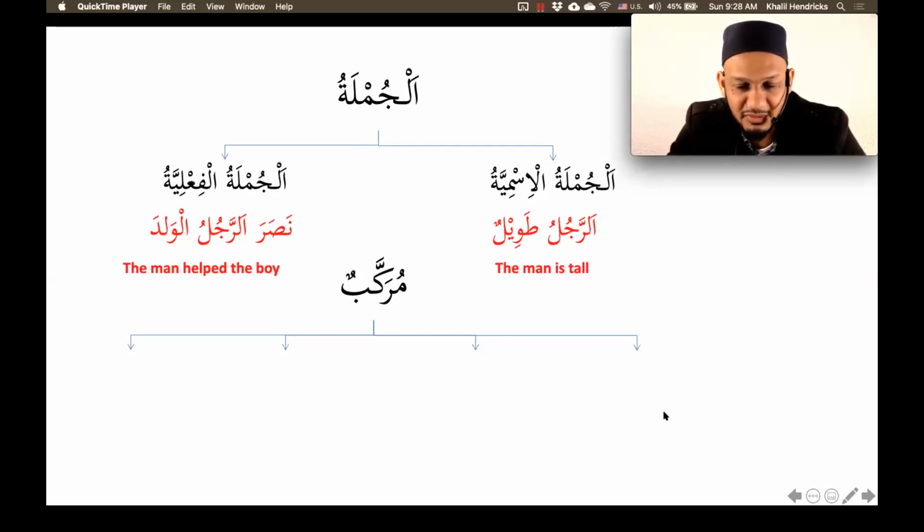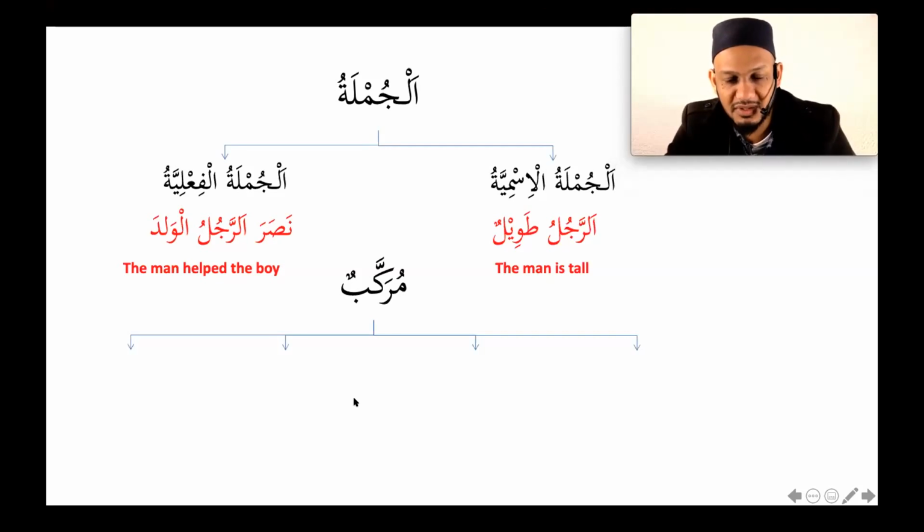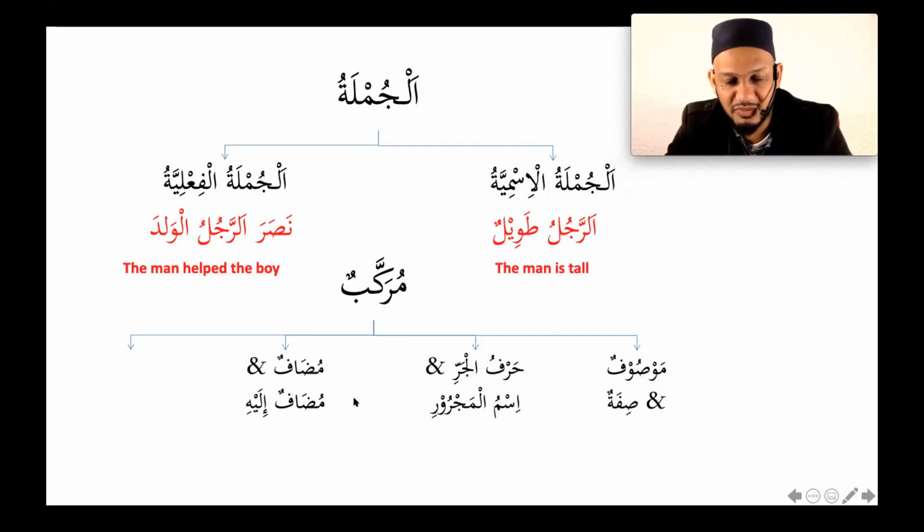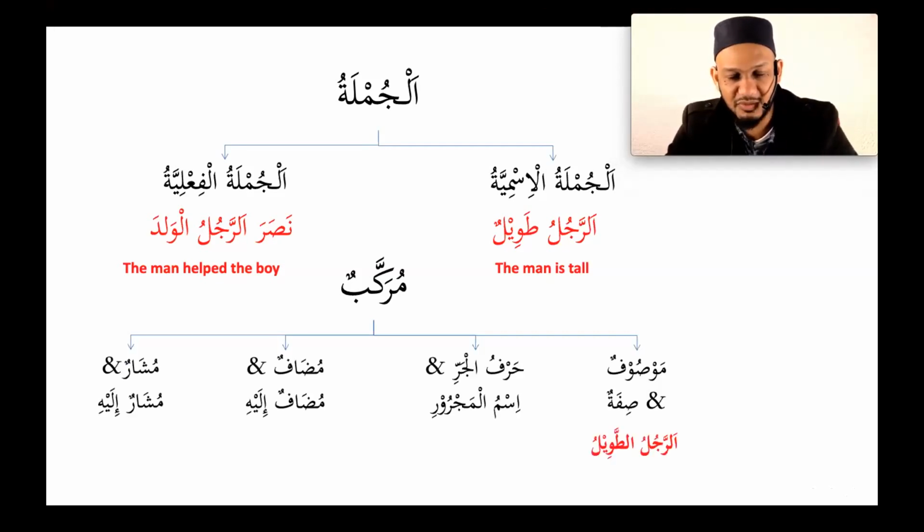But for now, that is a good summary of Jumlatul Ismiya: two parts, mubtada and khabar. Mubtada is the focus, rajulu; khabar, tawilun, is the information, the news. What you put in between is "is" or "are", which is also important to remember. Something is something, and the mubtada is normally definite, and the khabar is normally indefinite. That's in contrast to the next one, which is sifa and mawsuf. Who wants to explain sifa and mawsuf? What are the parts, and how do you recognize them?